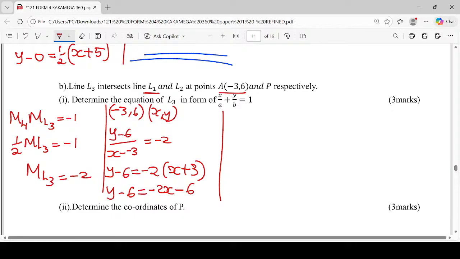-2x minus 6. So let's recorrect. When I move -2x to the left, it will become positive. So that will be now 2x plus y is equal to -6 plus 6. So that means that 2x plus y will be equal to 0. But now because